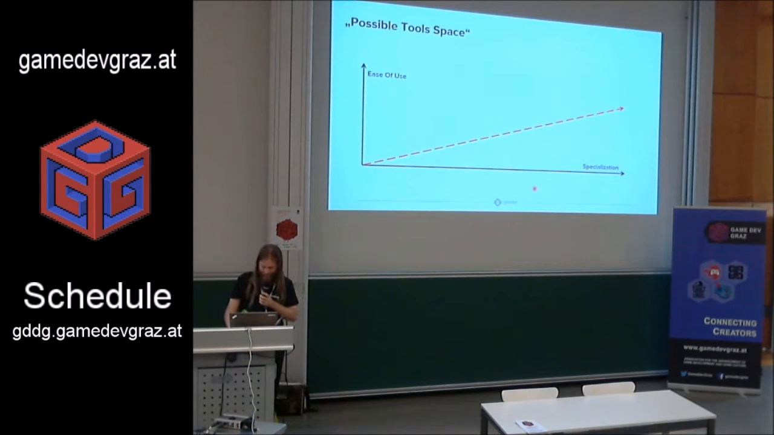This is a border. So the ease of use and the specialization, I claim, are related. The area underneath this red line that I drew here is what people call reality, right? So tools that are down here actually exist, and the area above the red line is imagination. These tools only exist in commercials or in your head. And the key to overcome the initial burden of using a tool efficiently